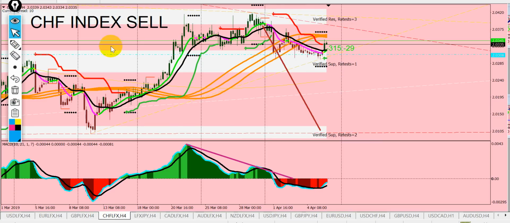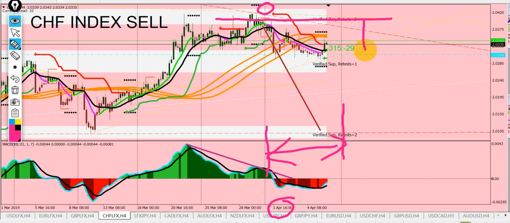The franc, we did forecast the franc to come down from this area last week, this April 1st right here, and it did actually come down. Here April 1st, this line is 1 week, so this was 7 days. We were here and we said the franc will come down. It did come down. As you see, this was the level and it did come down. So now the franc did come down.